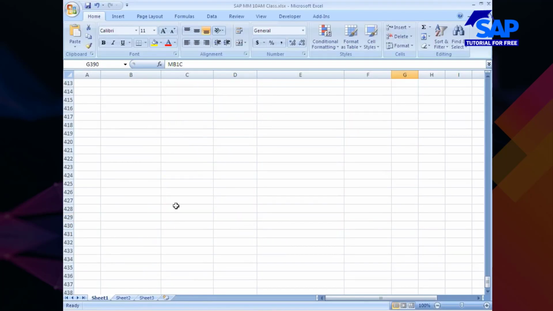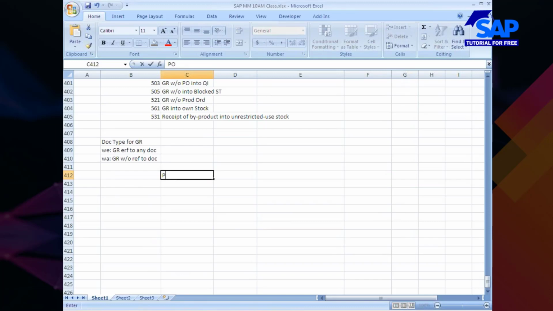That's correct, sir. What I'm saying is, you have a PO, you have a goods receipt posted, and you have an invoice receipt posted, isn't it? Now, at this point of time, you came to know that GR is wrong. Now you wanted to correct the goods receipt. So what would you do? Will you go directly to goods receipt or will you perform something?